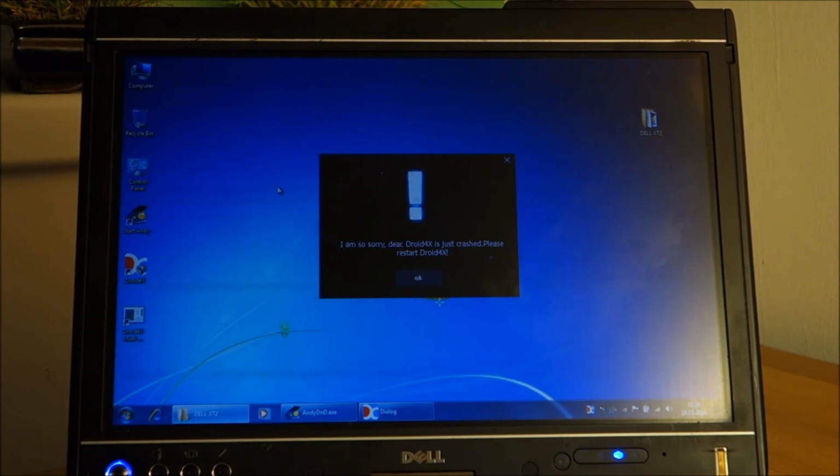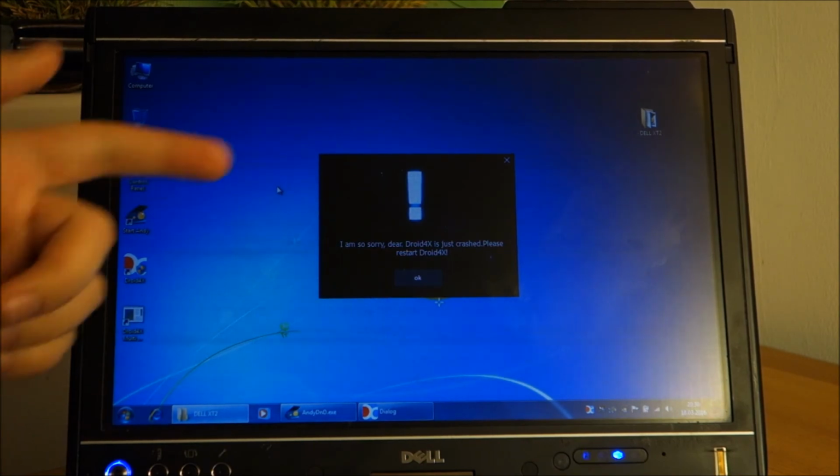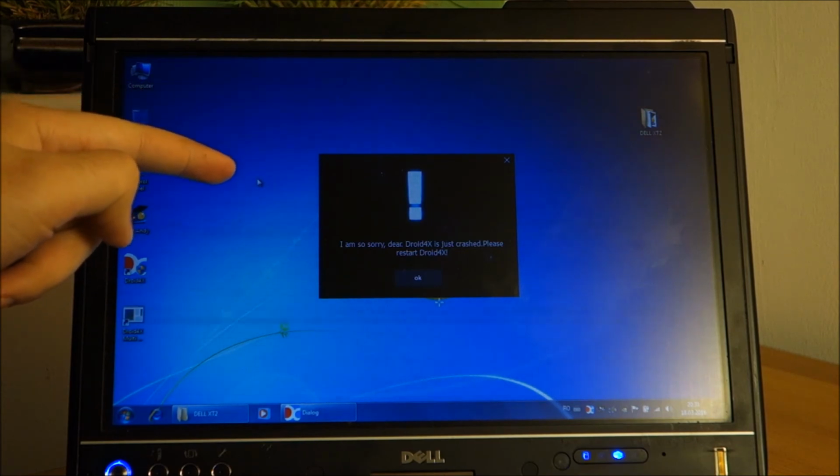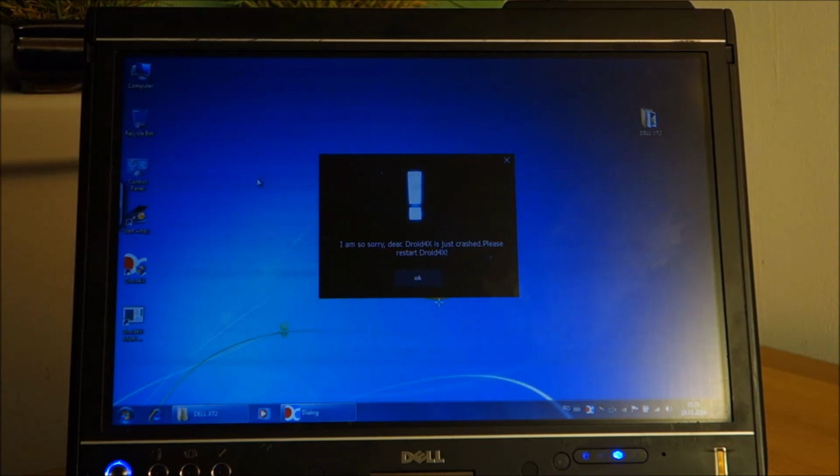Okay guys, if you were shouting Windows 7, try Windows 7, well, I decided to try Windows 7 and basically Droid 4X gives me this, and Andy freezes and never starts basically, and my pointer keeps jumping all over the place. So yeah,